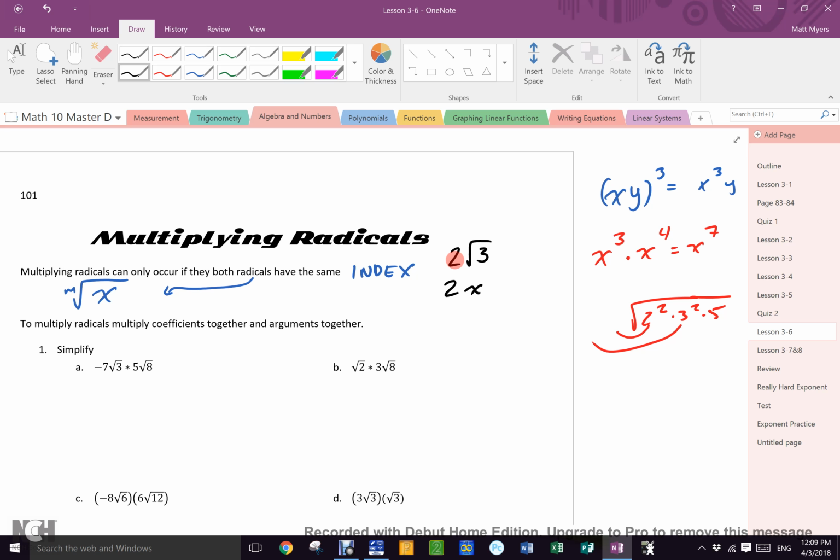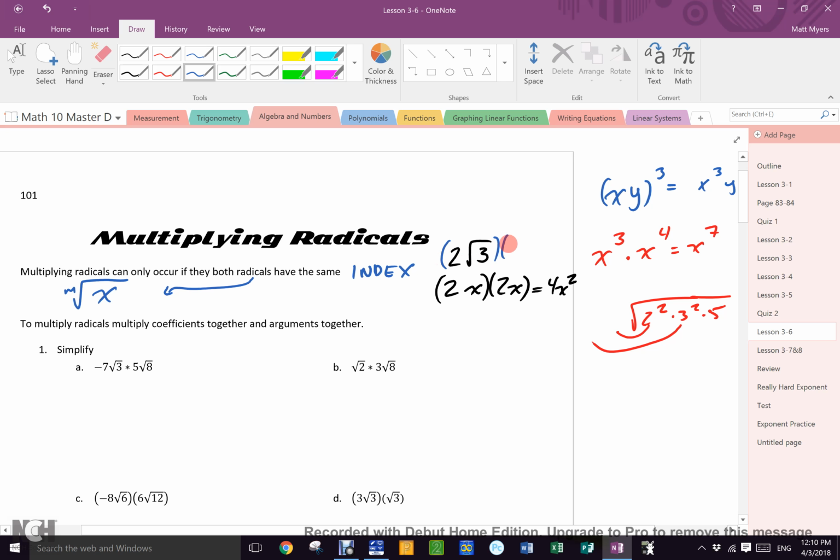Okay. What happens if I do this? 2x times 2x. What do I get? 4x squared. Why do you know that? 2 times 2 is 4, and x times x is x squared, right? Okay. That's the one thing I need to show you, because now all of you should be able to tell